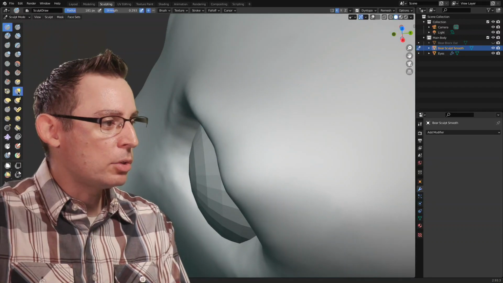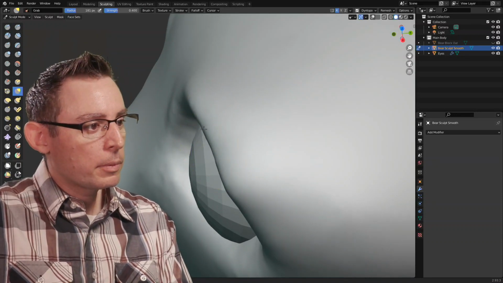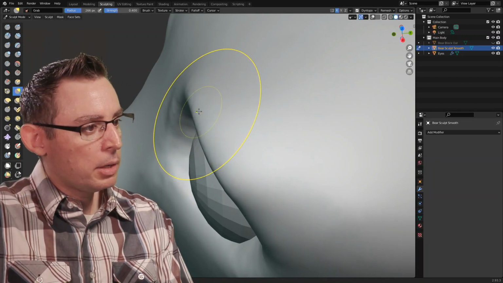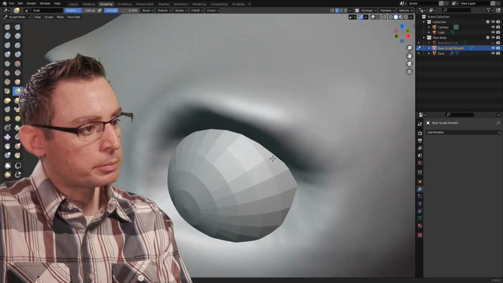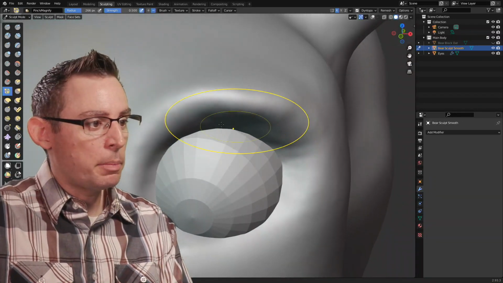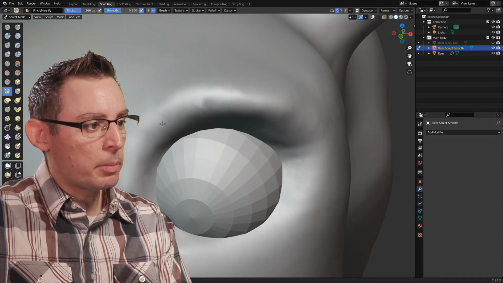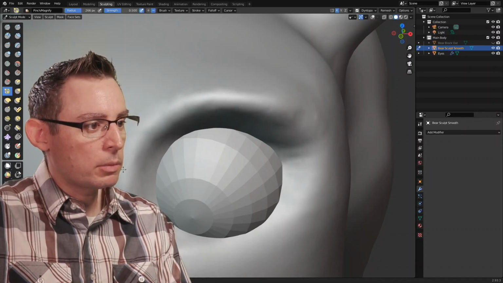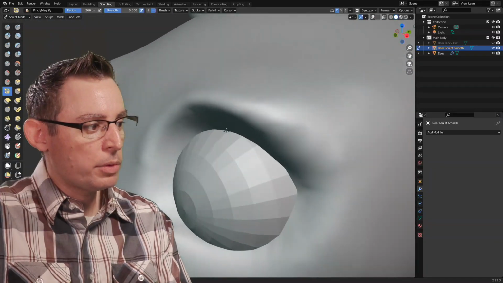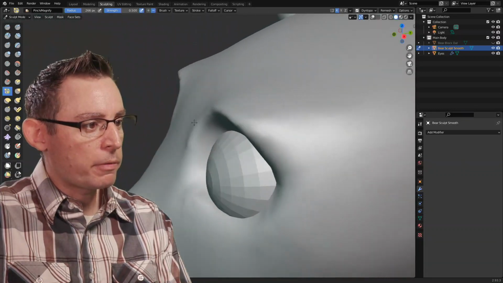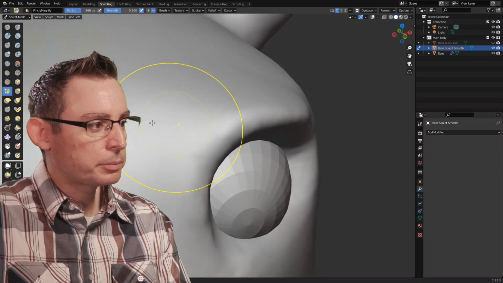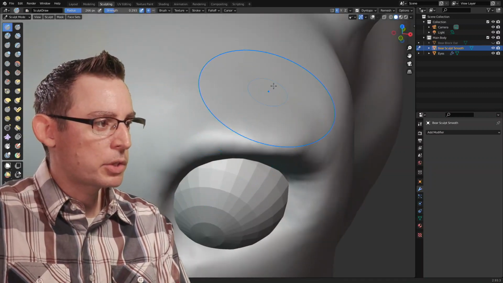So I think I'm just going to use the Move tool and start moving those polygons out. Make the brush really big. So I'm increasing an area here. Another great tool that I use often is the Pinch tool. The Pinch tool, as one might imagine, is going to pinch things, and we can create some really sharp lines and some really intense transitions with the Pinch tool. And that's a really great way for us to create some super defined areas. I went a little too strong with it. Let's go back into Sculpt Draw.